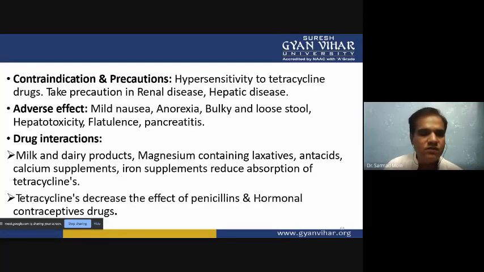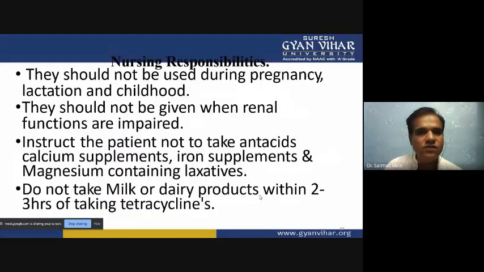So always we have to avoid tetracycline in combination with penicillin and hormonal contraceptive drugs, because tetracycline will decrease the effectiveness of penicillin and contraceptive drugs. Then nursing responsibility: what we have to see is that they should not be used during pregnancy, lactation, and childhood